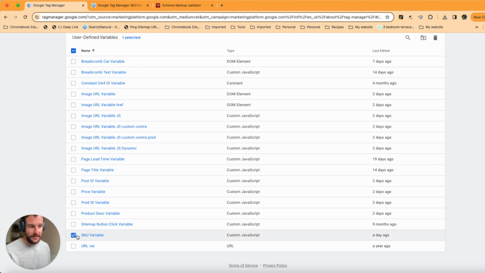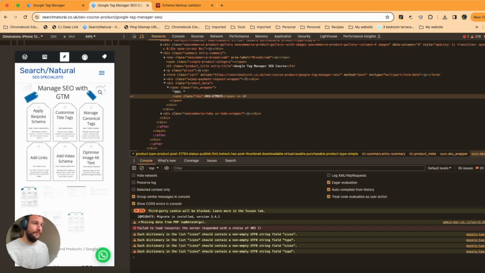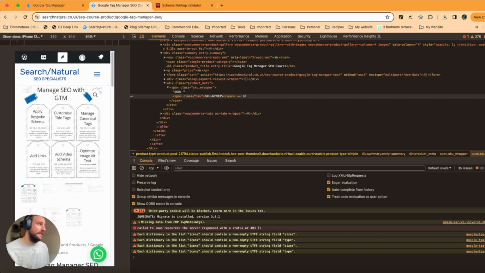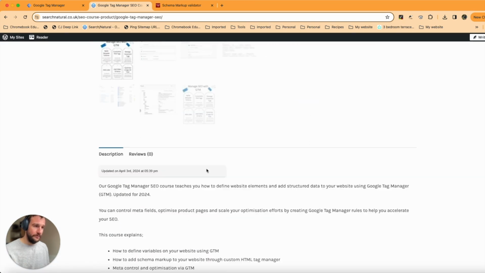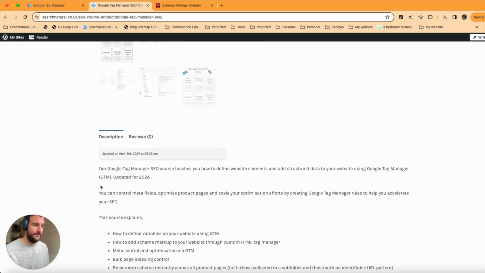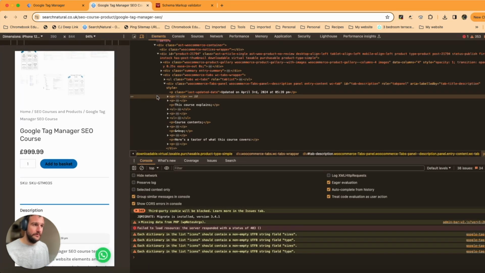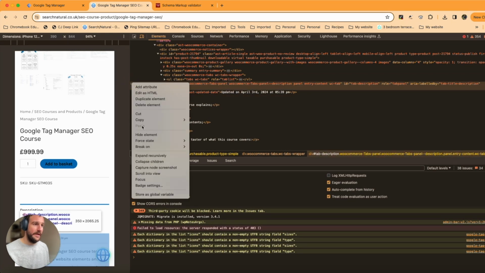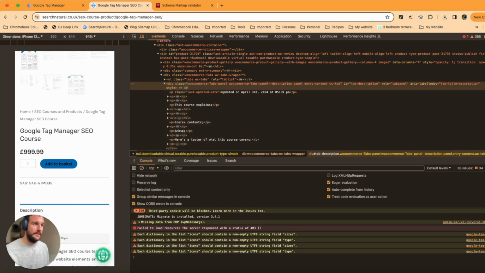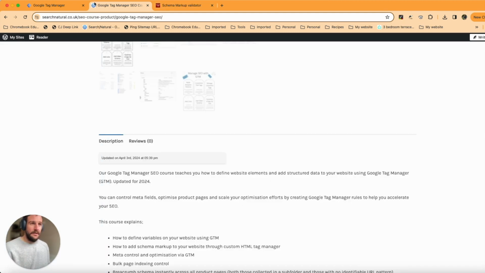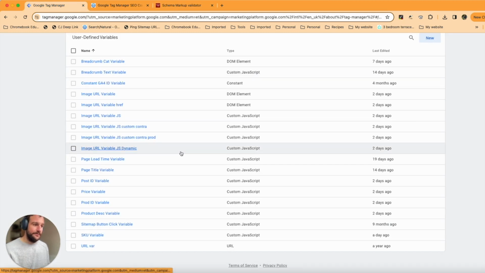Next up, we're going to create a product description variable. So for us, once again, head back to your product page, go down to where your product description is, and inspect. We're going to copy selector